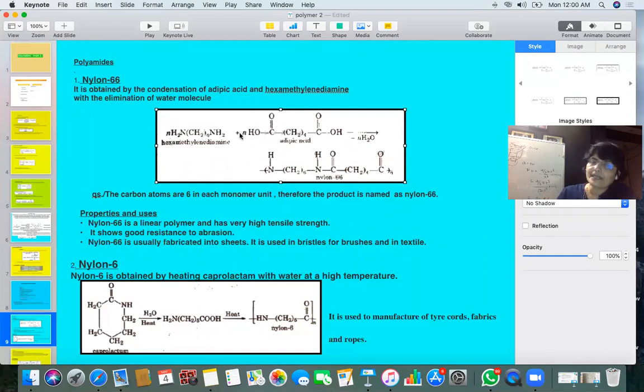This is A, this is B. It's going to result in the formation of C. Once again, C, through this OH, will combine with substance A. D will be made. D will combine with B. So when you get a question, write down the monomers of nylon 66, you'll be writing both the substances.